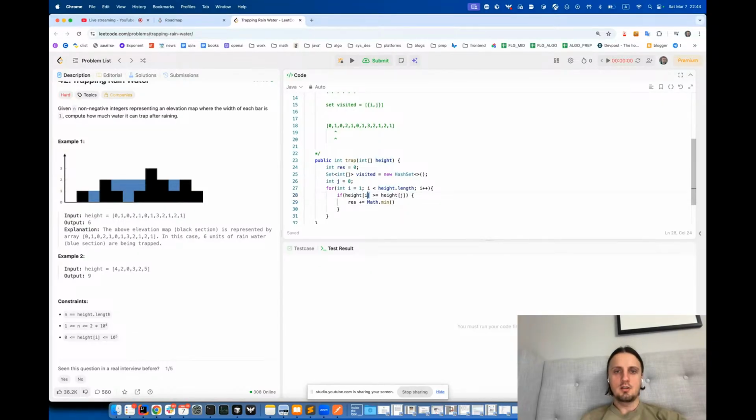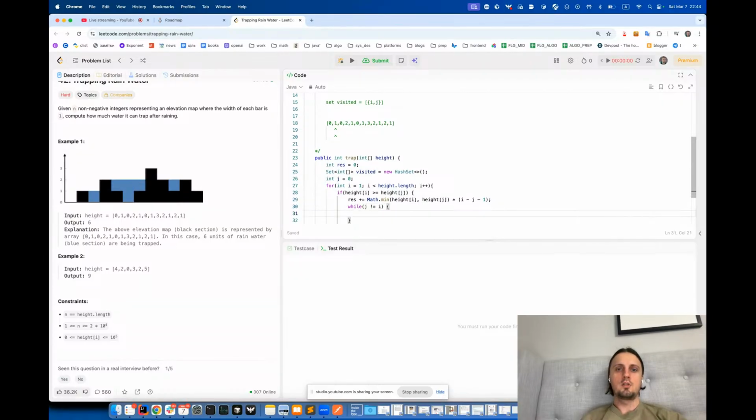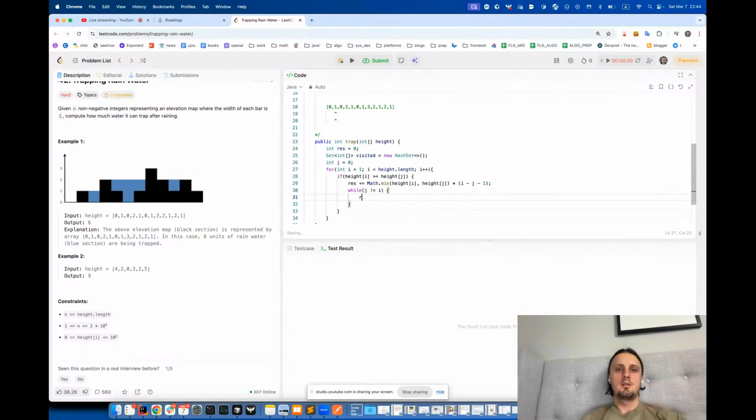So we can just add the minimum of these both results. And then we multiply by I minus j minus 1. Yeah. And then while j not equal to I, we actually move and we decrease our result if, yeah, height